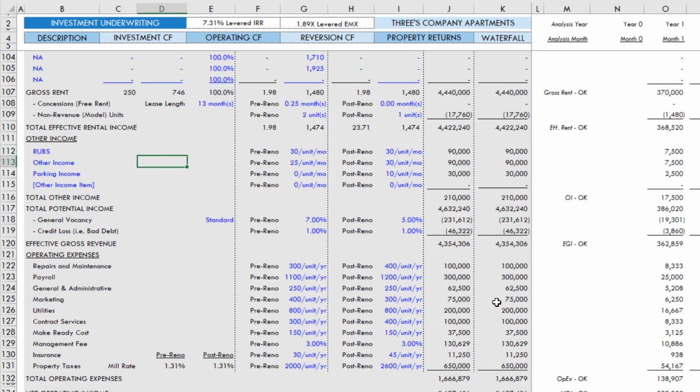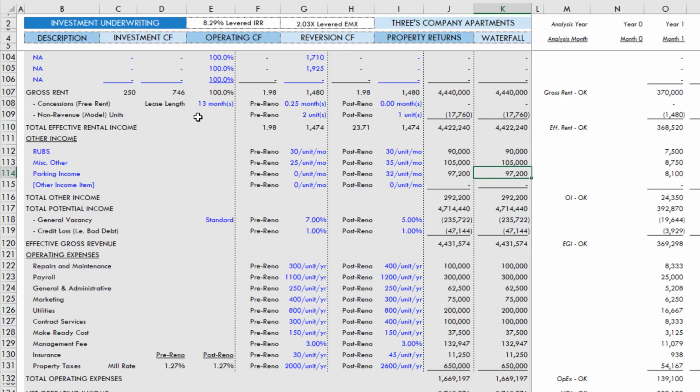We have a miscellaneous income, and we're calling that $35 per unit per month. Now we have parking income that is actually on 162 spaces times 50 a month, and then we just simply divide that by the number of units, and that will give us $32 per unit per month in parking income, or